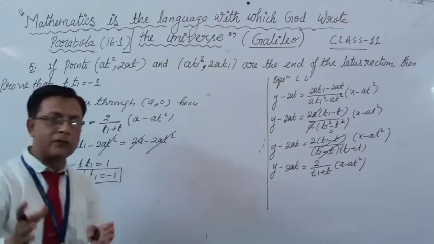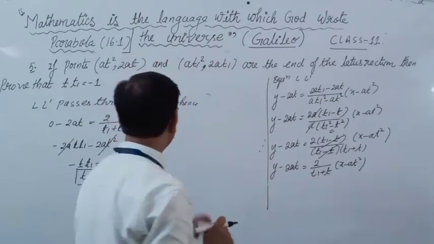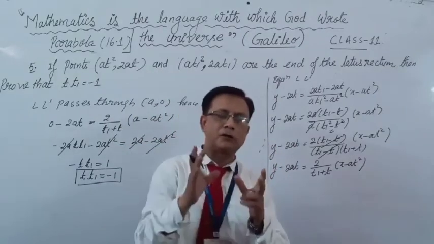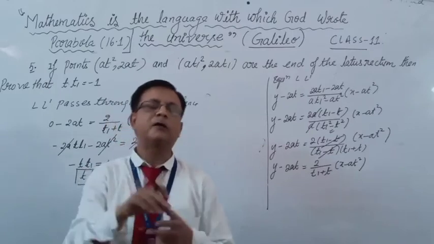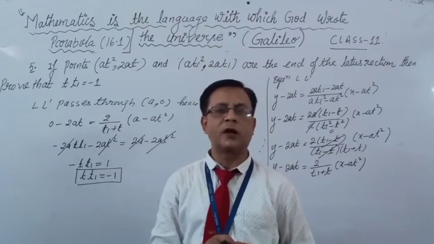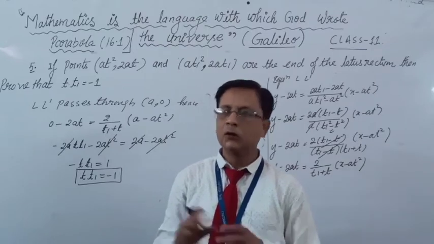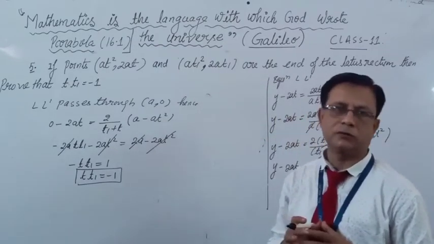We learn the equation of a line passing through 2 points. Two important things: first, we learn the equation of the line passing through 2 points, and if any point lies on the line, then this point always satisfies the equation of the line. So note this beautiful question, then we discuss another question.